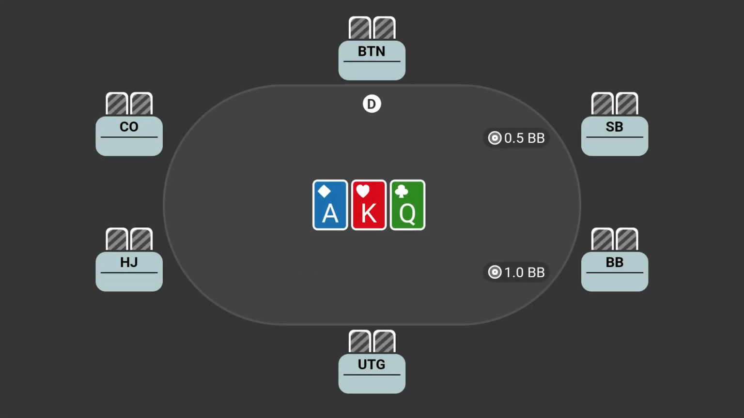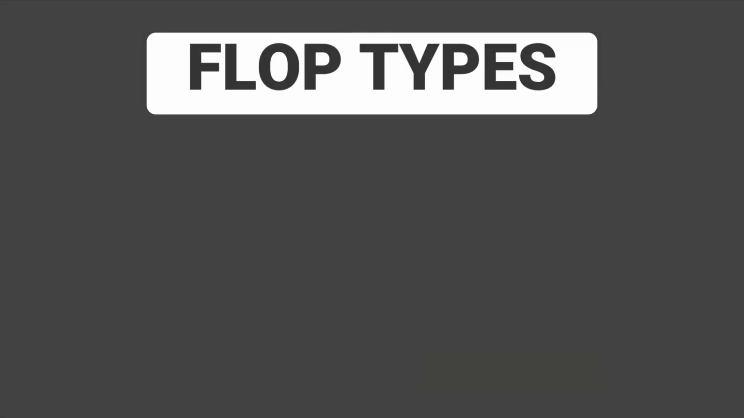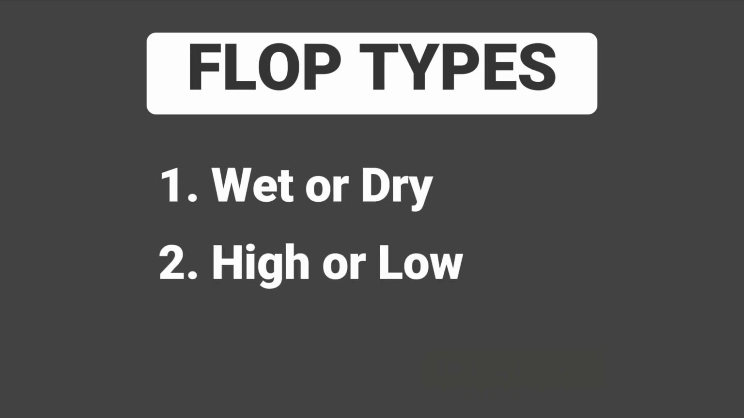Today, we are going to talk about flop types and textures. Also, we will discuss their relationship with the player's ranges. When we talk about flop types, there are three common ways to define them: wet or dry, high or low,